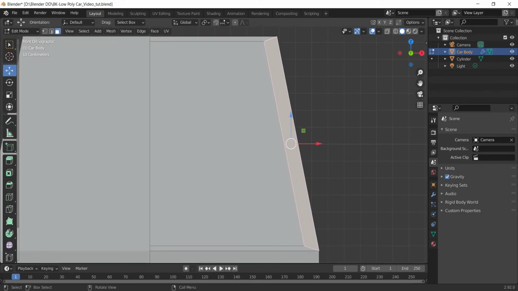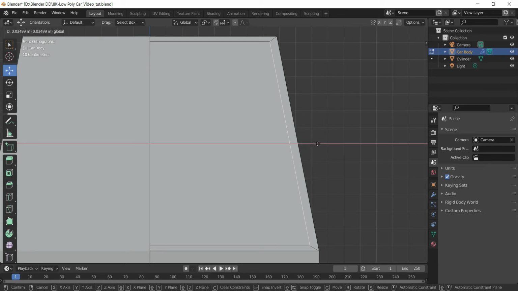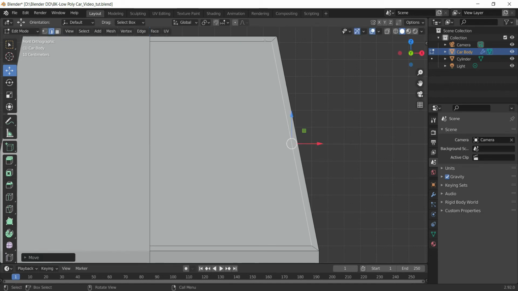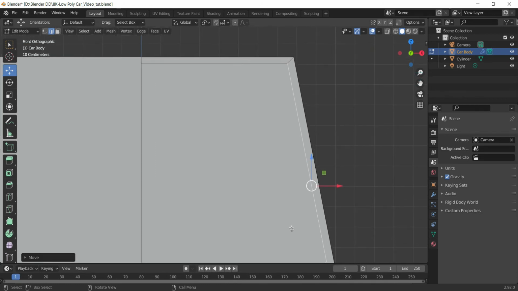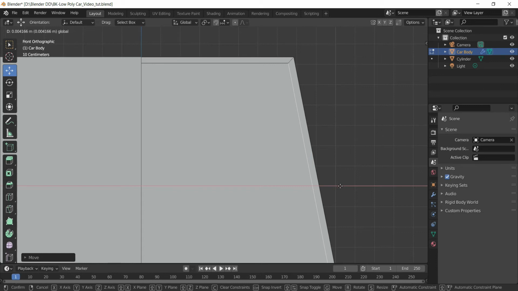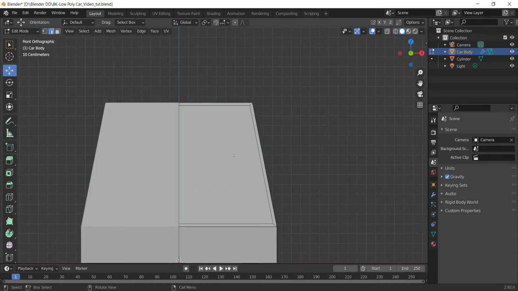We switch to edge mode first, select this edge and push it like this. Try to bring it close enough that you are satisfied that all the sides have an equal amount of gap. All right, this seems good enough for me. Now it is looking much better.